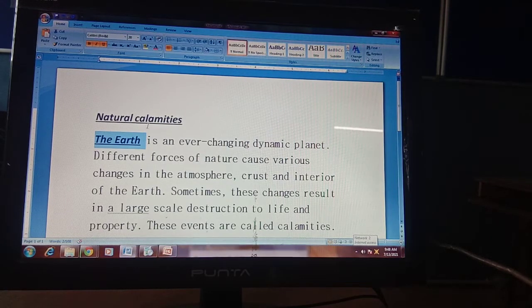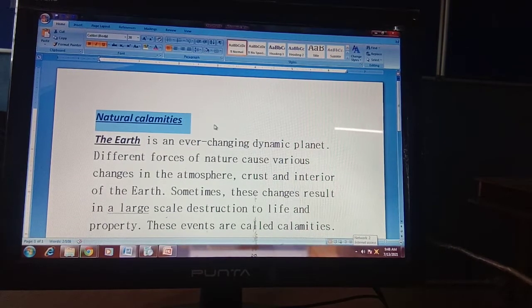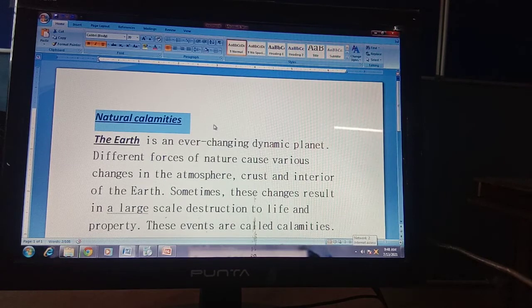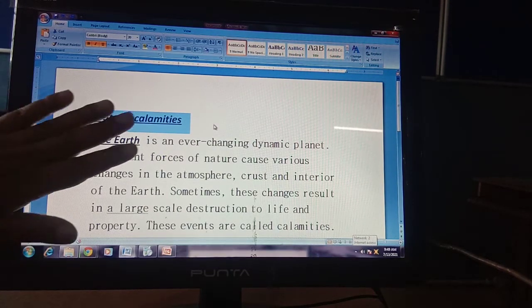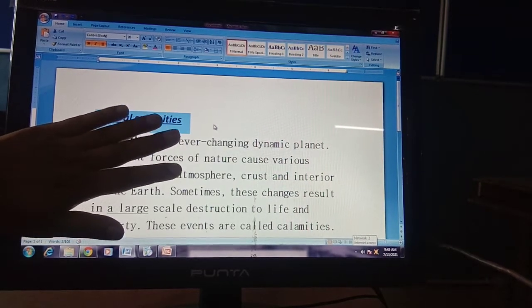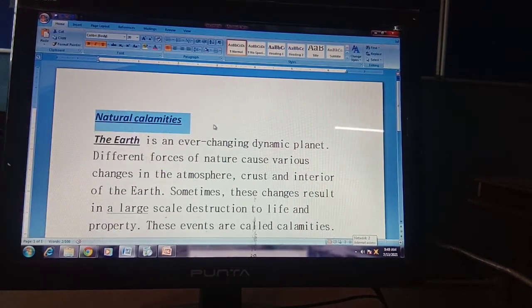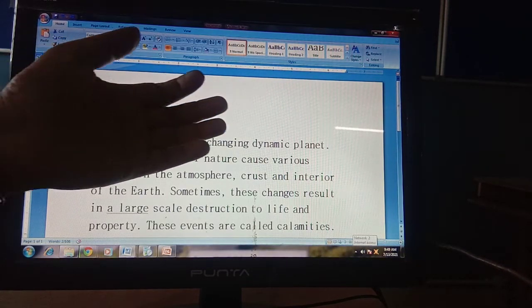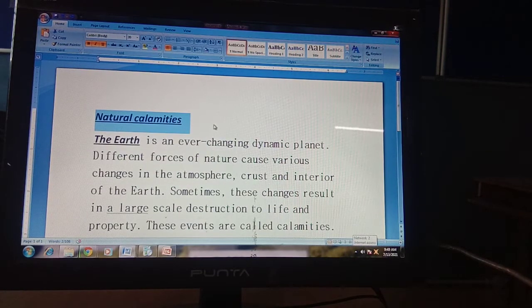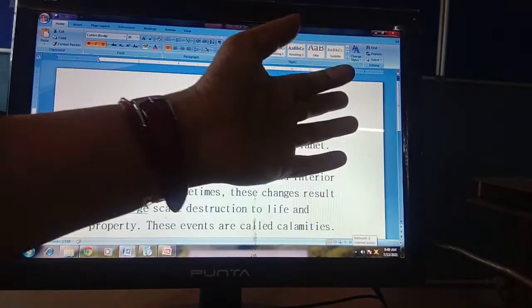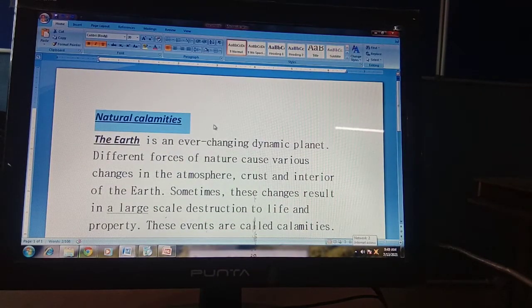Now changing the alignment of text. See students, you know this text right now is left aligned. Whenever you are writing something, your text alignment will always be left, because our writing is always from left to right, so that's why your text alignment will always be left. For changing the alignment of text, for example, I want this text to be in center. So how can I change? I want this text to be in right alignment. So how can we change?